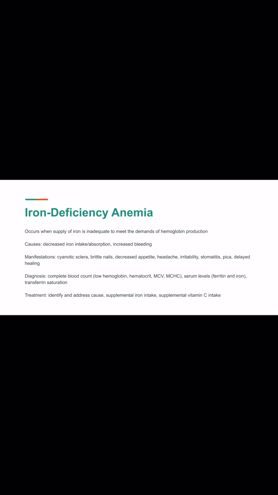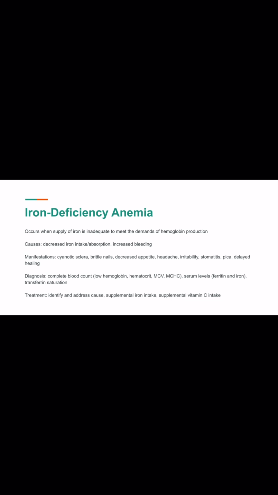Diagnosed with a complete blood count, so checking low hemoglobin, hematocrit, MCV, MCHC, serum levels, transferrin saturation, and the treatment is identifying and addressing the cause, as well as taking supplemental iron intake and supplemental